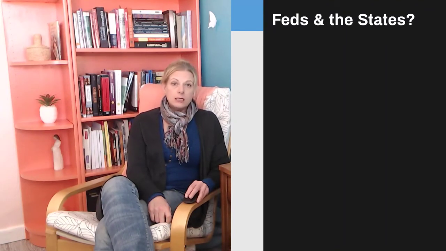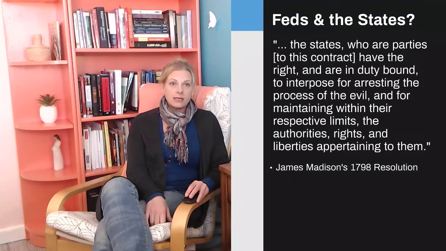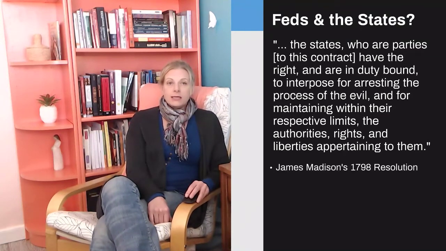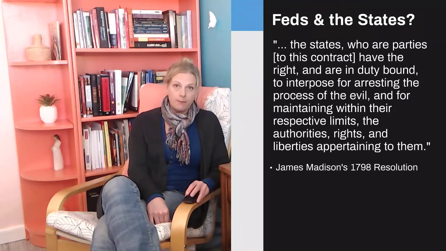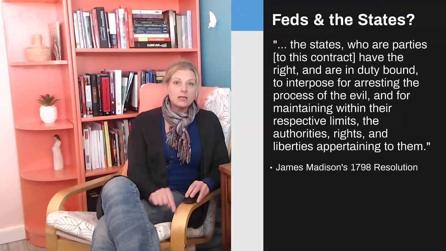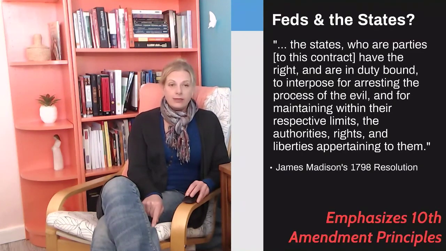So some folks believe that the federal Constitution is an agreement between the federal government and the states. An example of this is from James Madison's Virginia Resolution. And he says the states who are parties to the contract have the right and are in duty bound to interpose for arresting the process of the evil and for maintaining within their respective limits the authorities, rights, and liberties appertaining to them. So this is the idea that the state governments are the main parties to the Constitution as an agreement with the federal government. And so here you see an emphasis on 10th Amendment principles, this idea that the states are the primary interlocutors